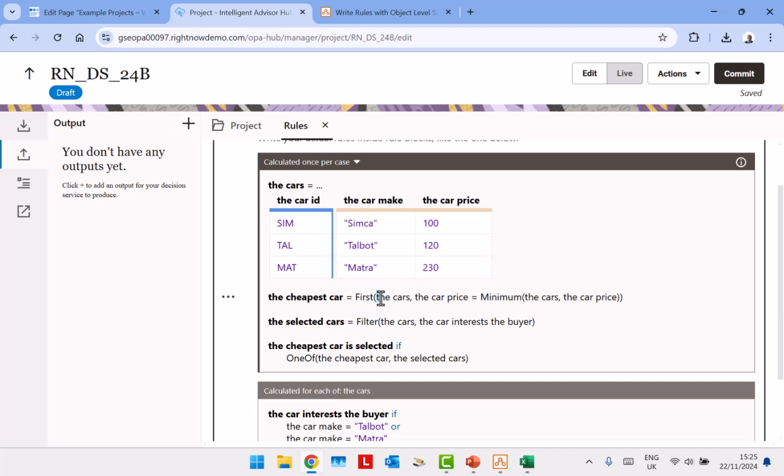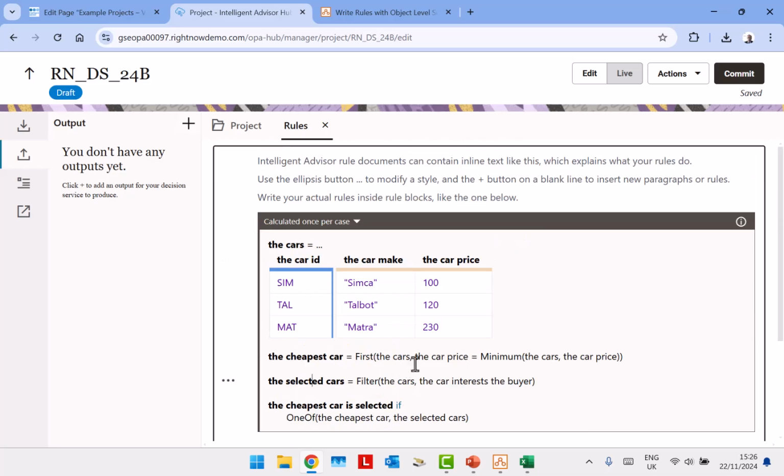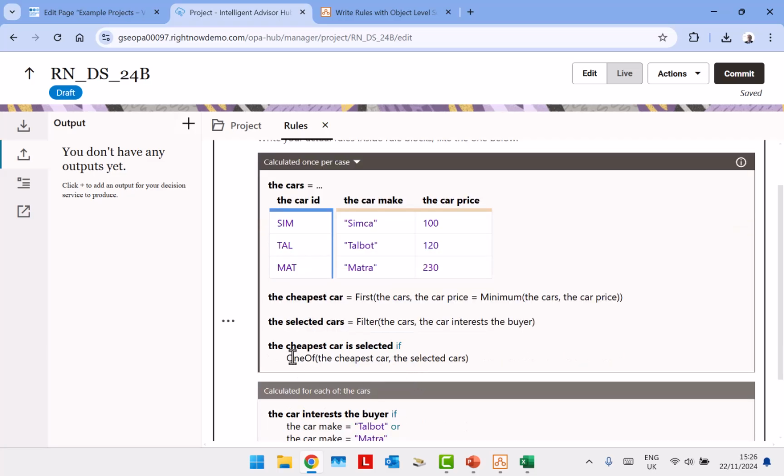It says, go look in the cars and see if the car price is the minimum of the car's prices. In this case, it would be selecting the Simca. So the cheapest car is the Simca. The selected cars are everything but the Simca. And then the cheapest car is selected using one-of. One-of exists in two versions. This is the version that's involving record instances and lists. It's basically saying if the cheapest car is one of the selected cars,